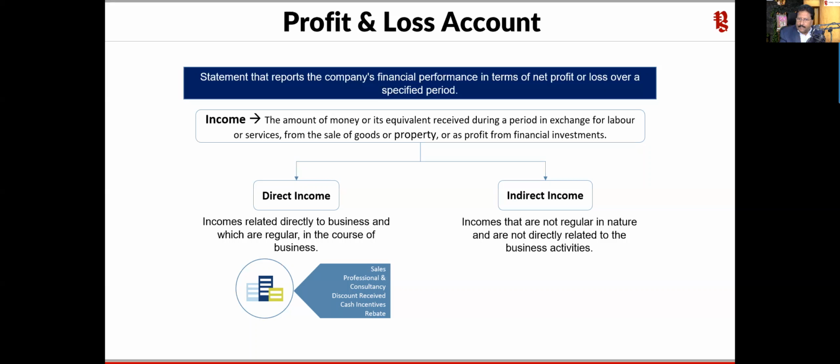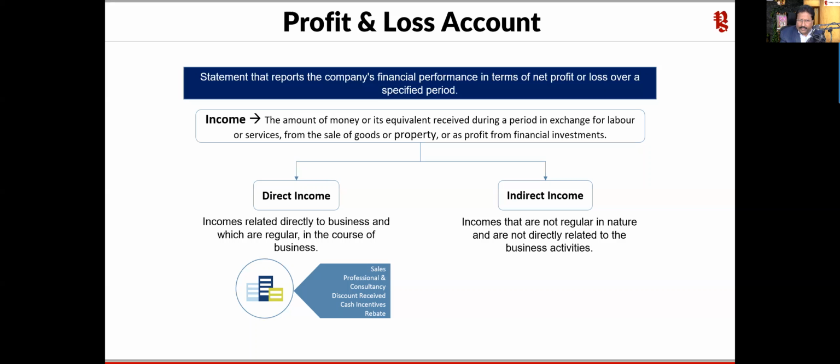Okay, now this is why I made a statement that though your discount received or cash incentive or rebate might not be month on month or something, but still it is associated with your main business activity. Now in this case, I will give an example. So in this case, it says income that are not regular in nature and